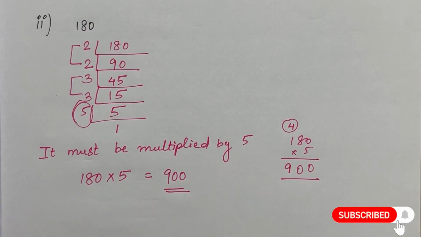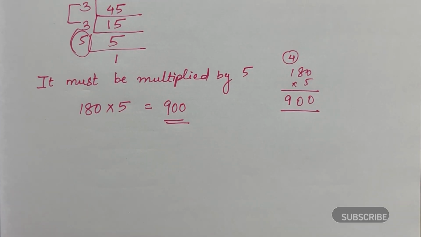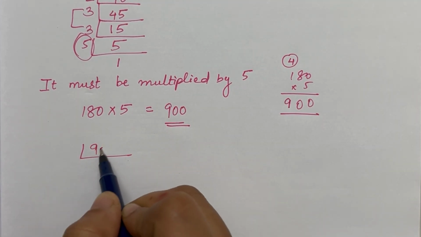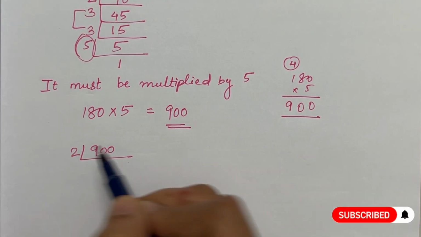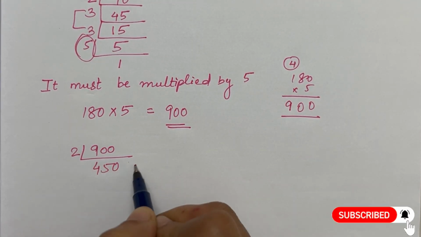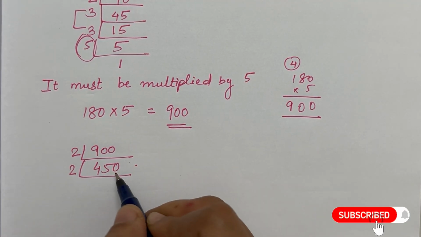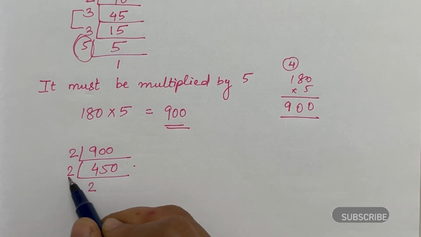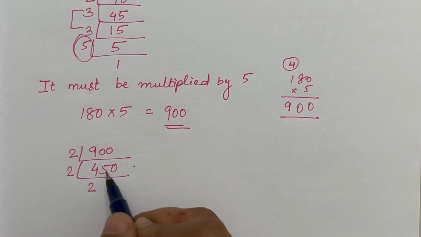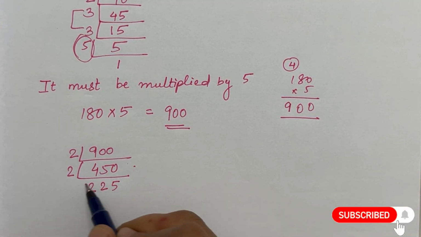Now we'll find the square root of 900. Again we'll find prime factors of 900. So this is divisible by 2 450 times. Again this is divisible by 2 because this is an even number. So how many times? 4 will come 2 times. In the table of 2, 5 will not come. 4 will come 2 times. 1 left. 1 0 10. 10 will come 5 times.